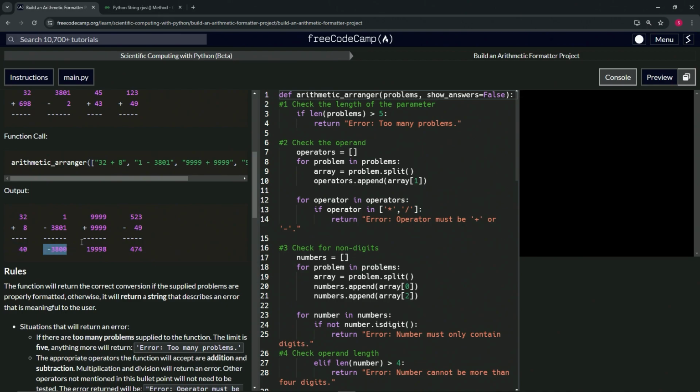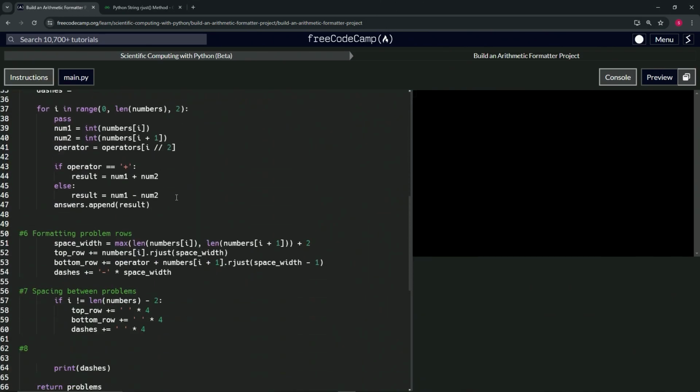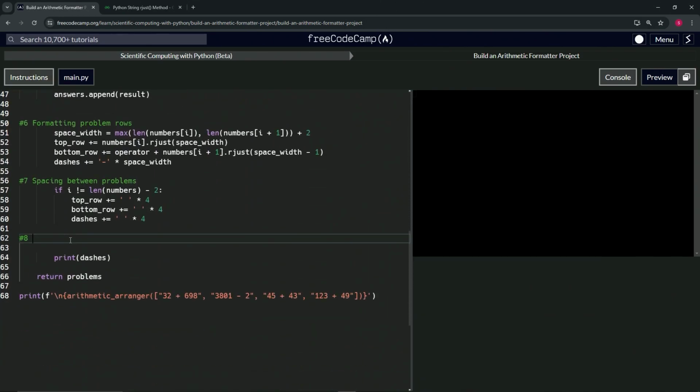Because as we know, it doesn't have the operators or anything like that. Plus these are also in the answers list, these are also integers, and these aren't strings, but we do need them to be strings to make this happen. All right, so that being said, let's take care of that down here. So we're going to say number 8, formatting answers